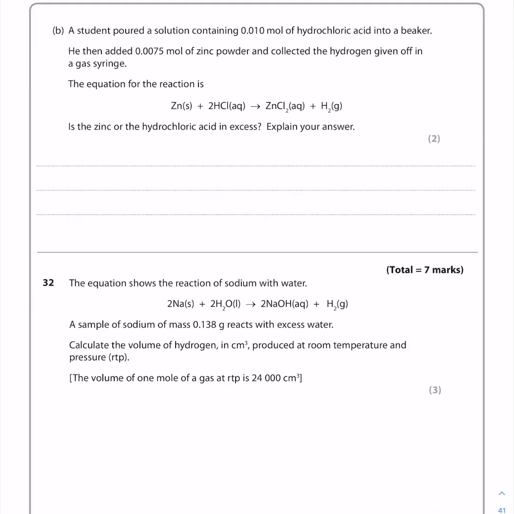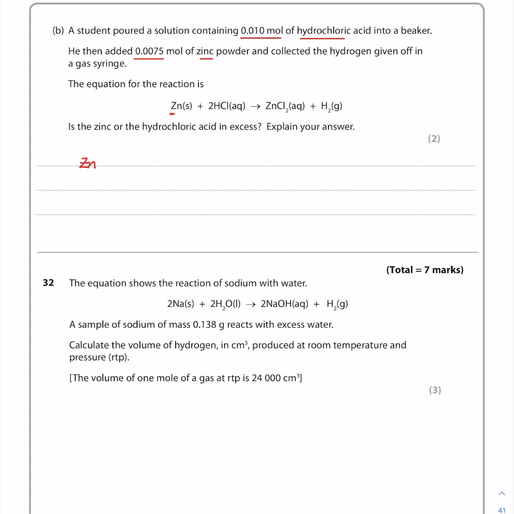Question B. A student poured a solution containing 0.10 mole hydrochloric acid into a beaker. He then added 0.075 mole of zinc powder and collected the hydrogen gas given off in a gas syringe. The equation for the reaction is 1 mole of zinc plus 2 mole of hydrochloric to give 1 mole of zinc chloride and 1 mole of hydrogen. Is zinc or hydrochloric acid in excess? Explain your answer. هنعمل ايه؟